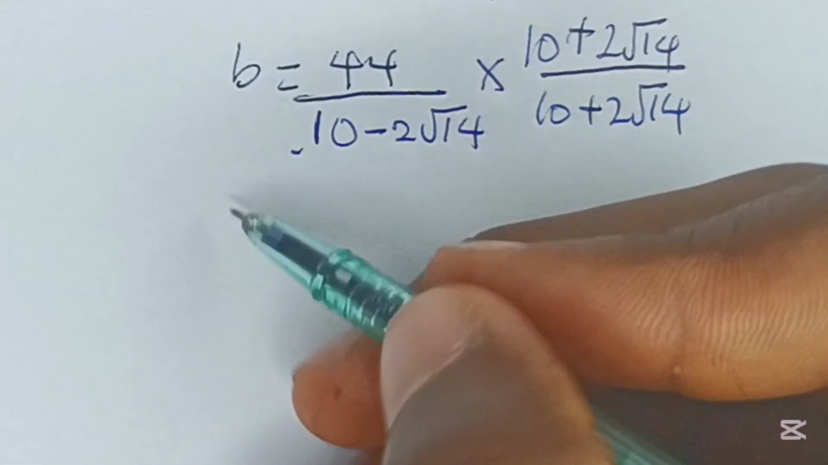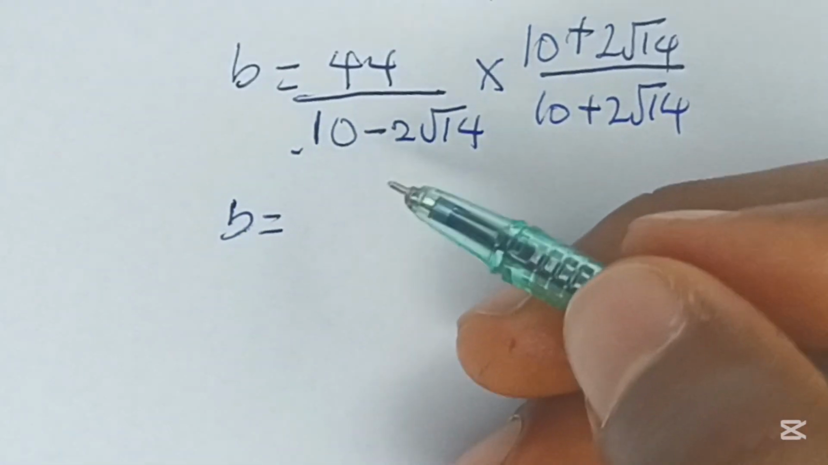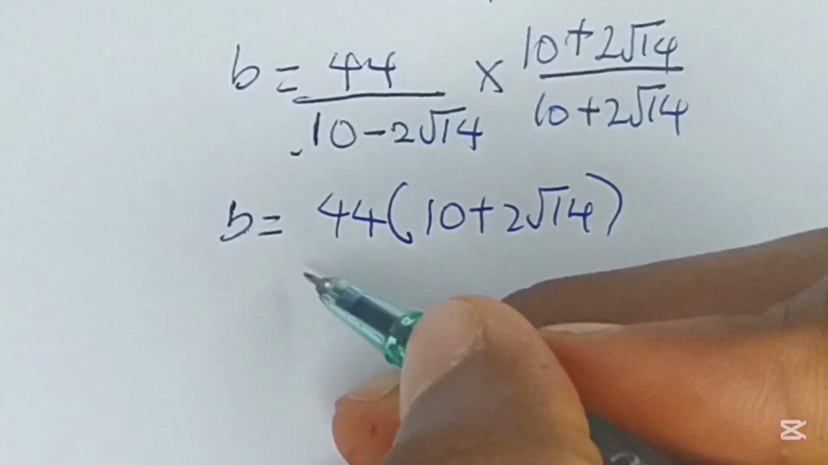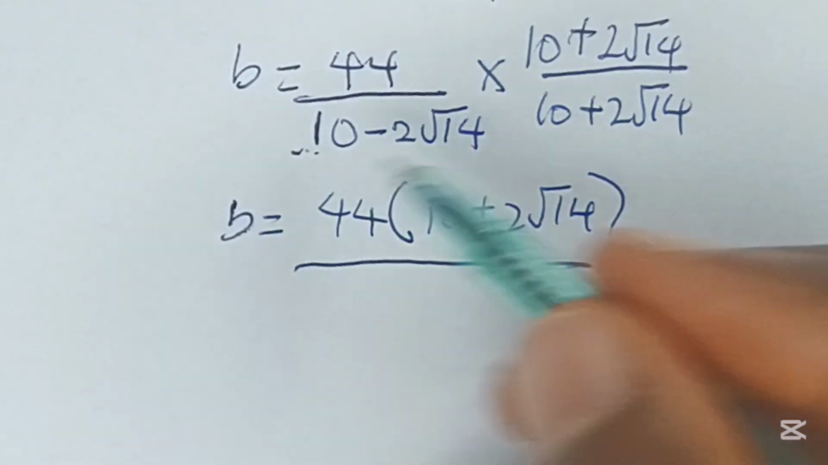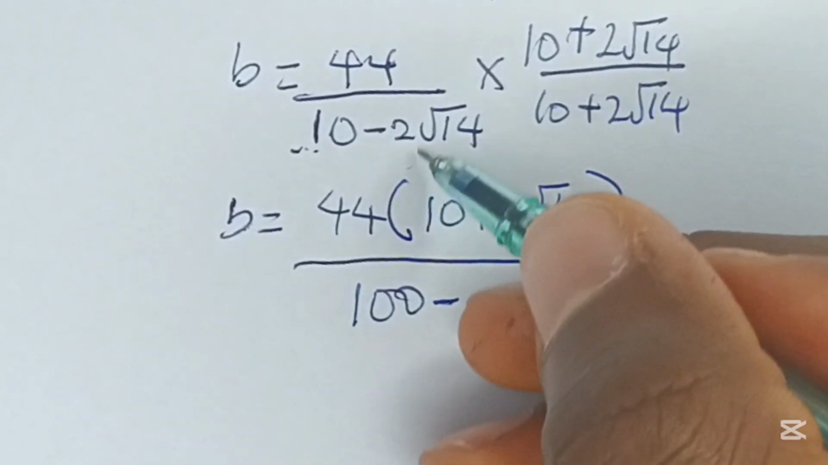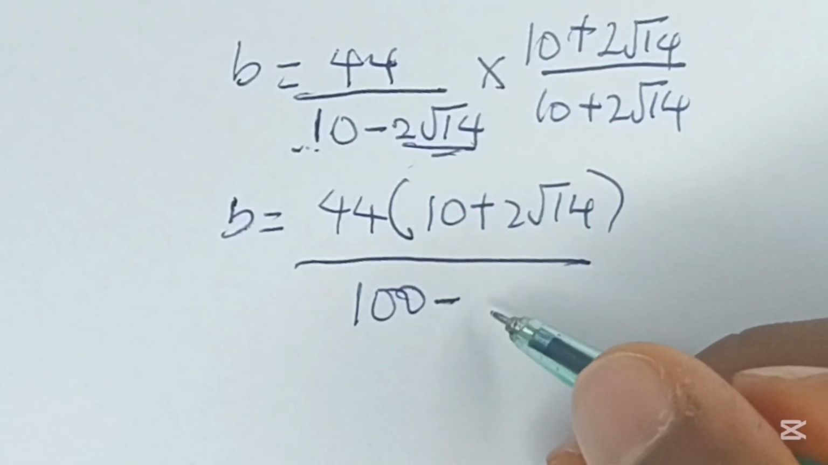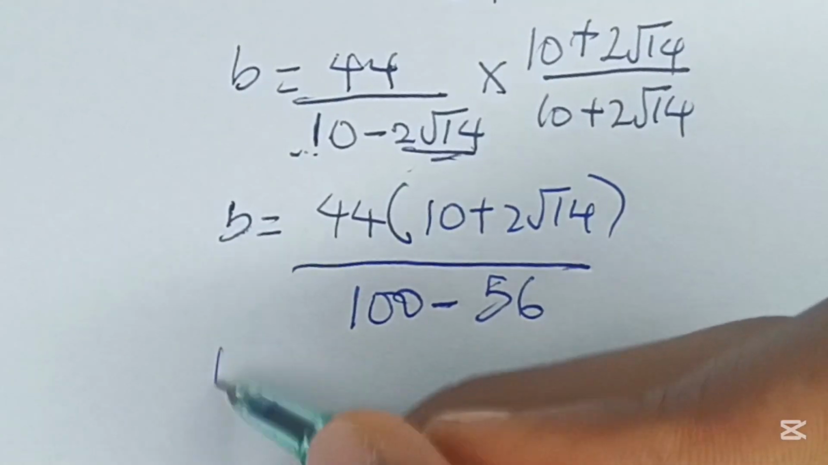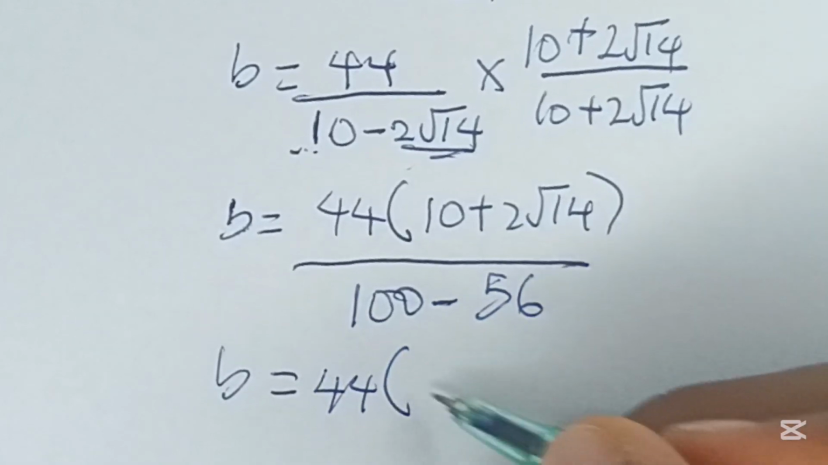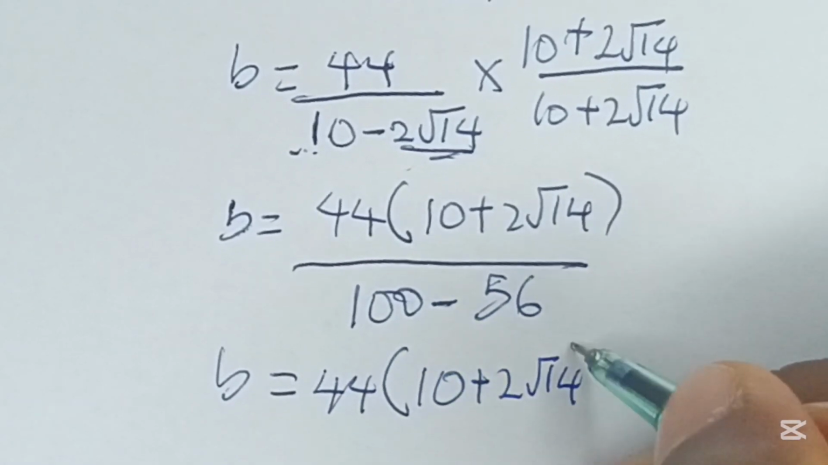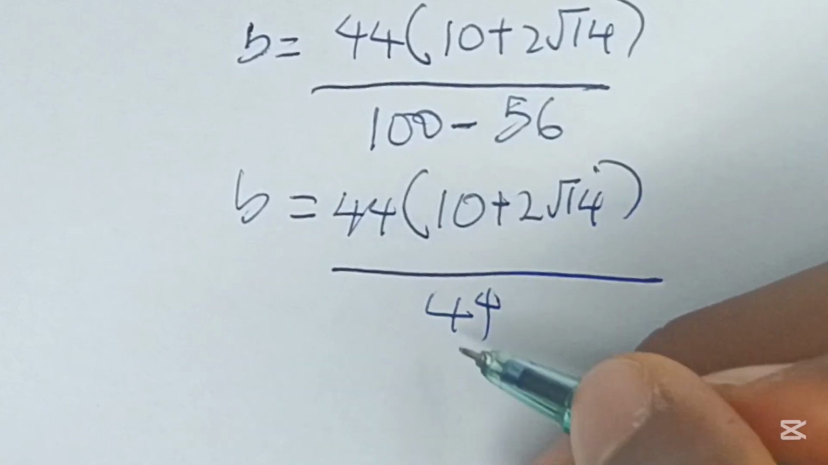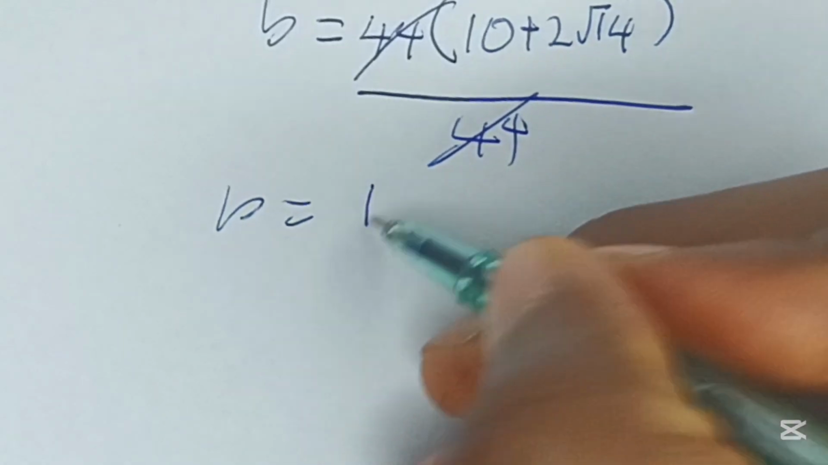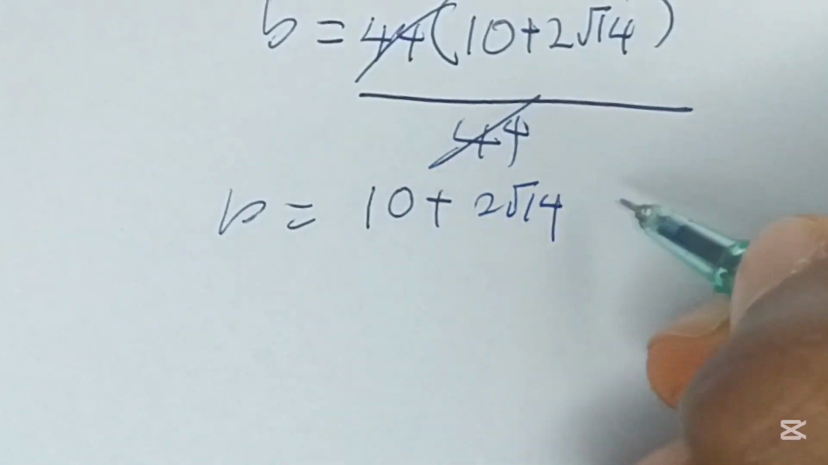Right? Now b becomes equal to 44 times 10 plus 2 root 14, all over, this is the difference of two squares, so we square this: 100 minus, we square this, 2 squared is 4, root 14 squared is 14, so 4 times 14 is 56. Now b becomes equal to 44 into 10 plus 2 root 14, all over 44. 44 strikes 44, so that we are left with b equal to 10 plus 2 root 14